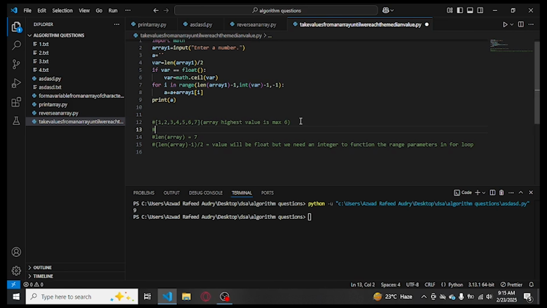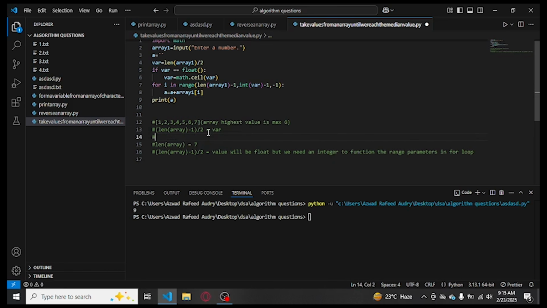So what is the variable? Let's just say this part over here. If I put this in a for loop, it would have to be calculated over and over again, but instead we are going to put this in a variable. But there will be one more issue: the var will be float. So what we're going to do is